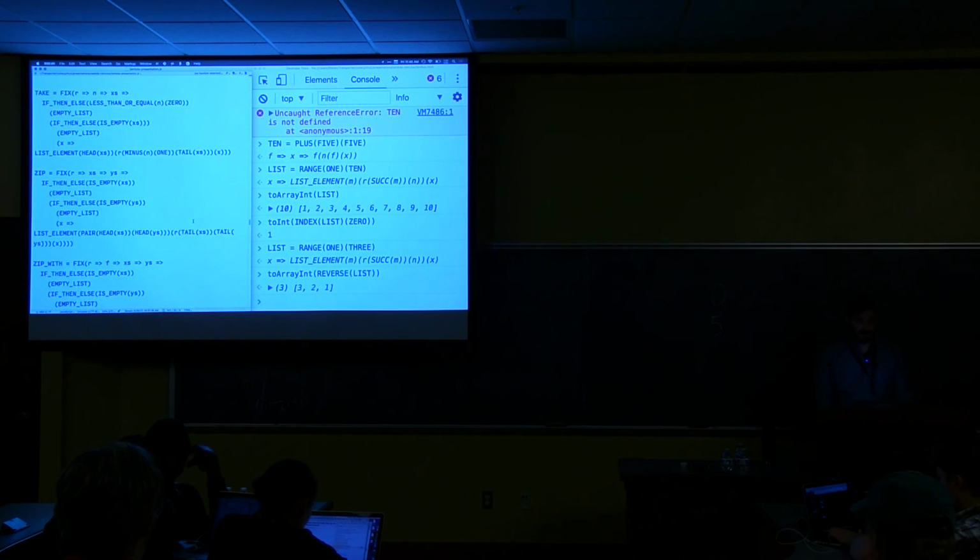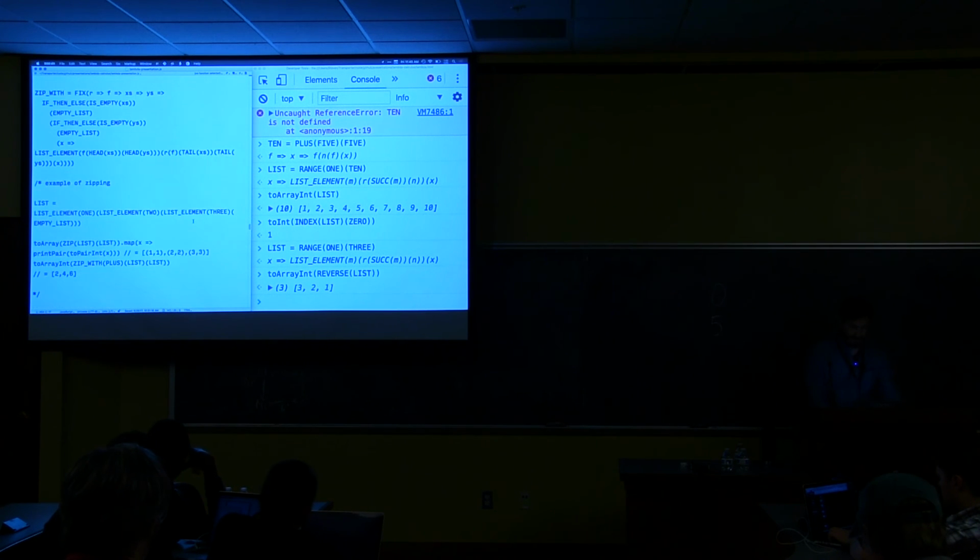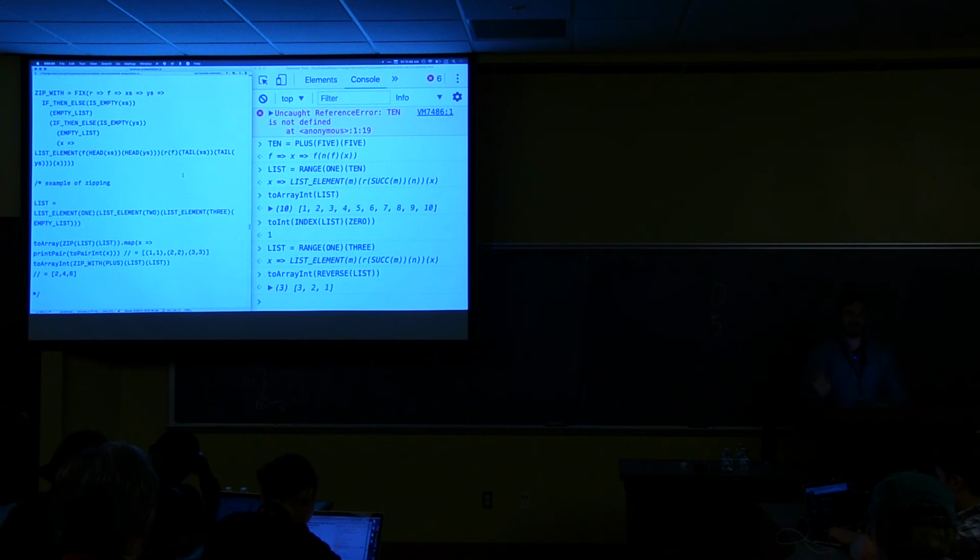So we have take, we have zip, zip with. We can start developing some pretty sophisticated things. I mean, you don't get this stuff in... I should stop making fun of JavaScript. I don't want to take cheap shots at JavaScript. The point is that you get so much more power when you have the reliability of these kinds of functions,